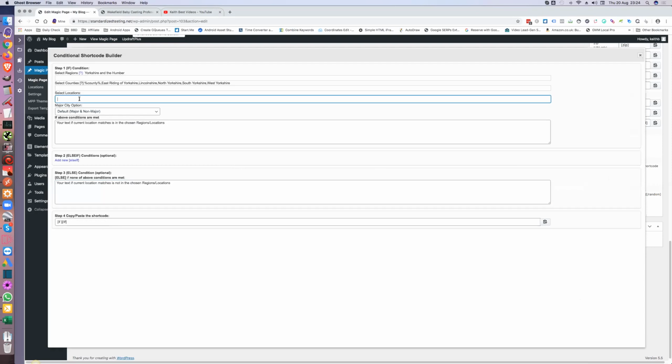So basically, it doesn't matter what region it is or what county it's in, but if we say if it's in Wakefield, so it finds a Wakefield location, it pulls that in, and we say this is the text for Wakefield. Okay, so that's going to be for Wakefield. So then we can add a new else, so it's like if it's Wakefield, then we're going to do that one. Otherwise, if it's